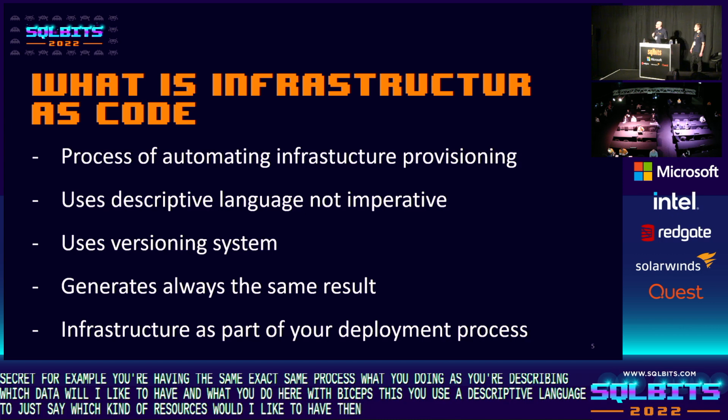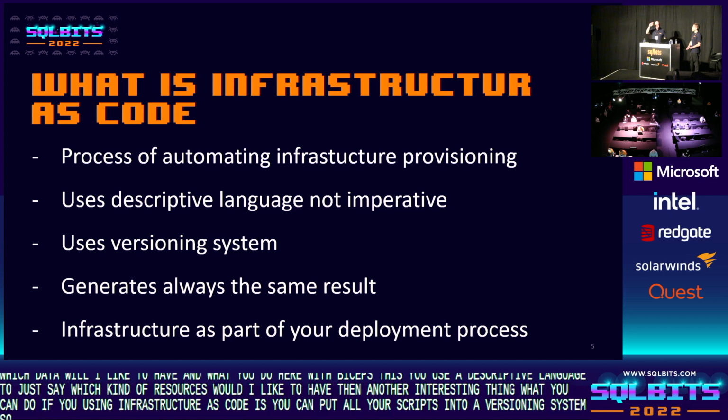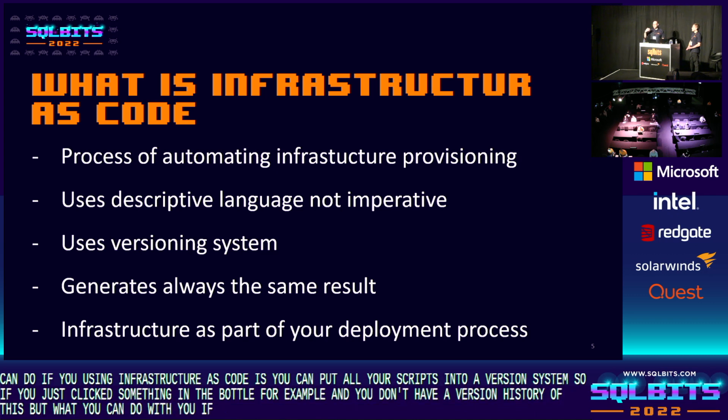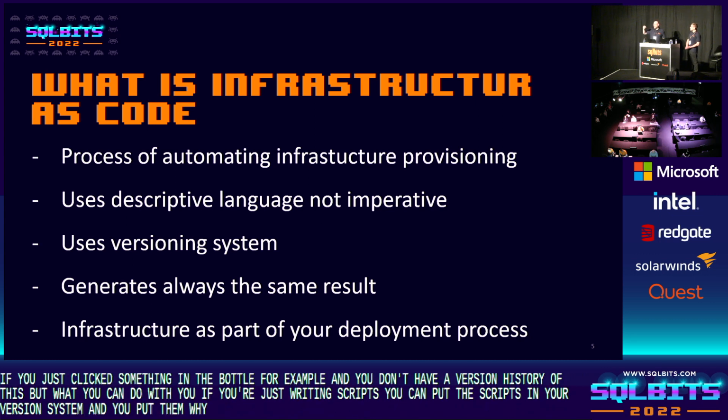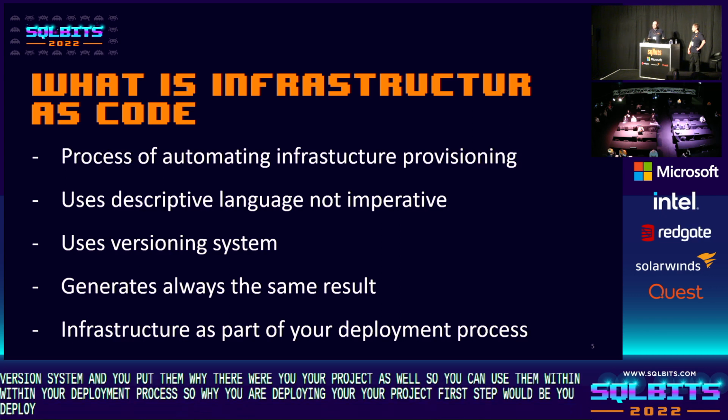Then another interesting thing you can do if you're using infrastructure as code is put all your scripts into a versioning system. If you just click something in the Azure portal, for example, you don't have a version history of this. But if you are writing scripts, you can put these scripts in your versioning system, right there where your project is as well. So you can use them within your deployment process. While you're deploying your project, the first step would be to deploy your infrastructure, and then after deploying this, you would deploy the